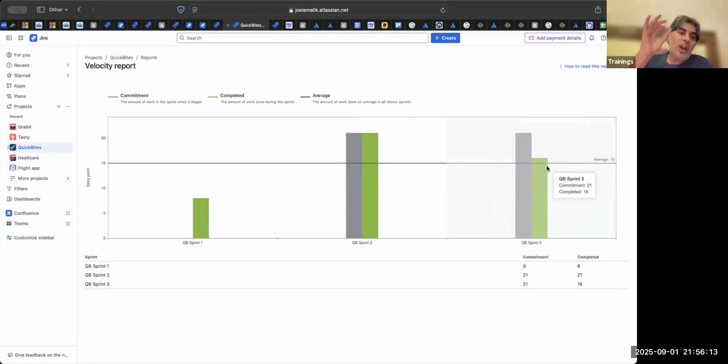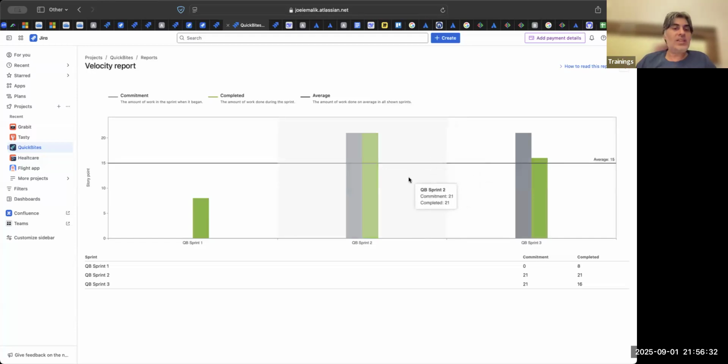So now you have a rough idea. In the 4th sprint, you will be able to take something between 15 to 18 points. Eventually, once you go to the 4th, 5th, 6th, 7th sprints, you will have a complete idea of the average velocity that your team is doing. So velocity is nothing but the completed story points in your given sprint.